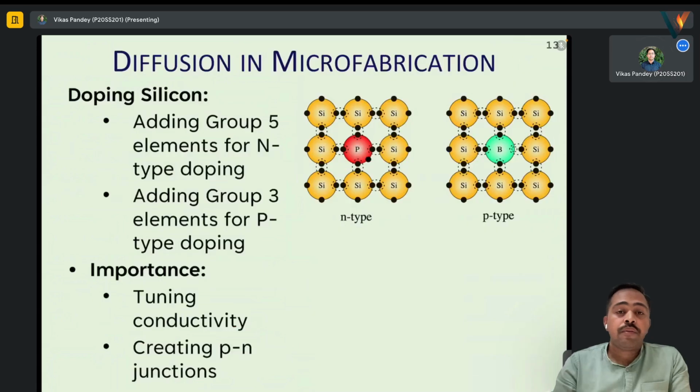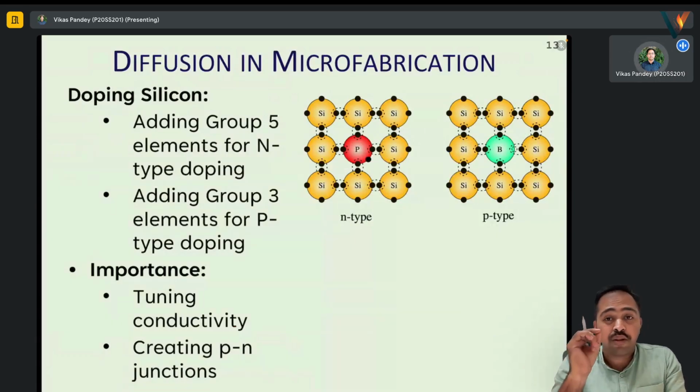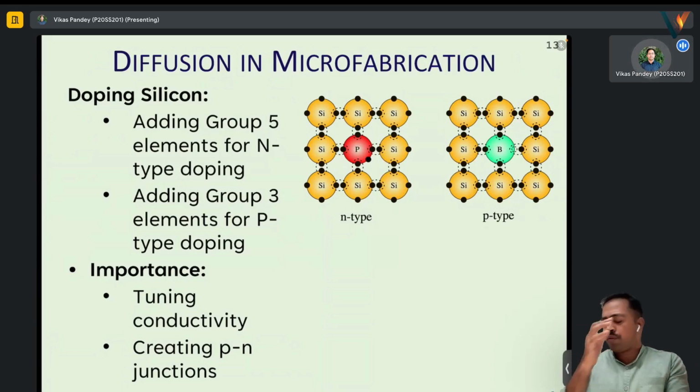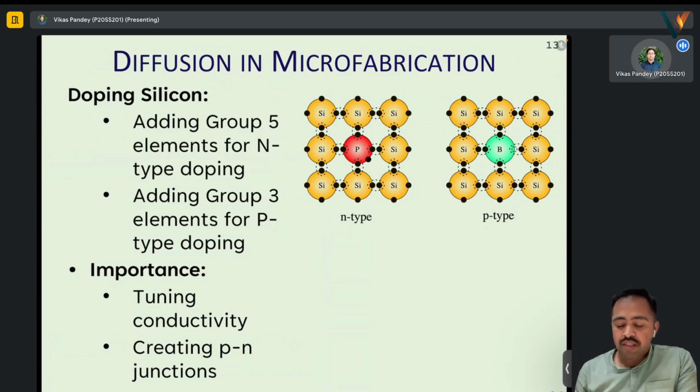Then we have talked about the problems and we have seen what the defects are. But sometimes we purposefully want these defects. And why do we want this? Because you must be aware from your intermediates also, yet we will discuss that if we have intrinsic silicon, pure silicon,